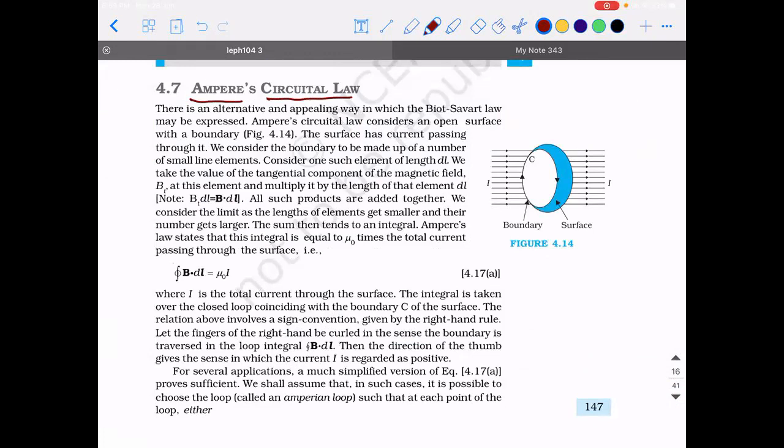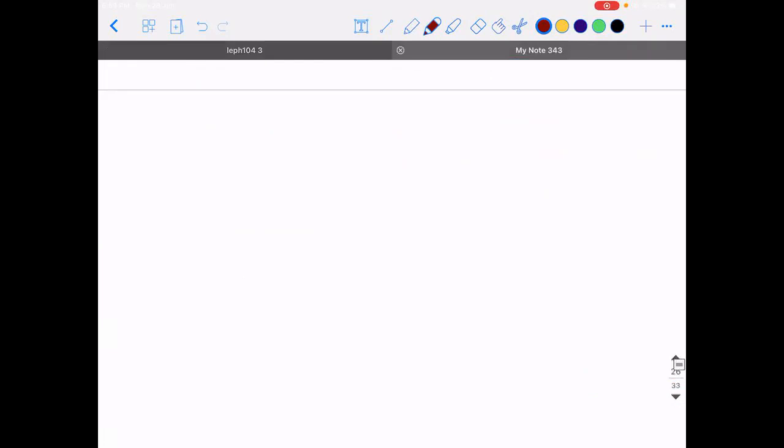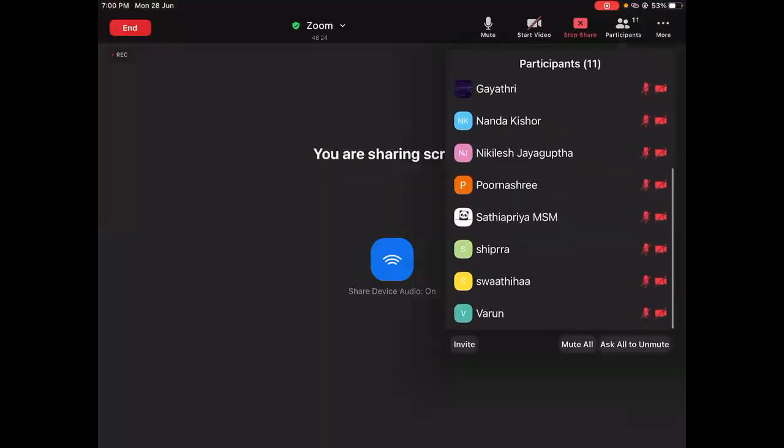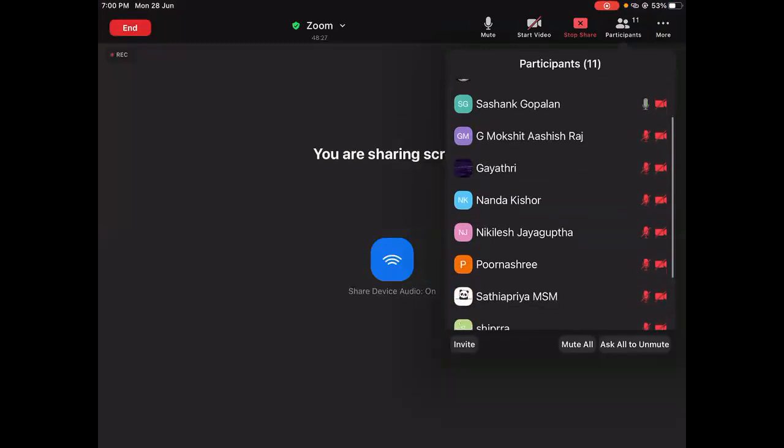Now, in the first chapter, guys, so write down the heading as Ampere's circuital law. Okay. So in the first chapter, what are the two important laws that are present? So if you observe in the first chapter, there are two laws that we have studied. What are they? One is Coulomb's law, and the second is Gauss law. Yes, we would have studied Gauss law. Correct?